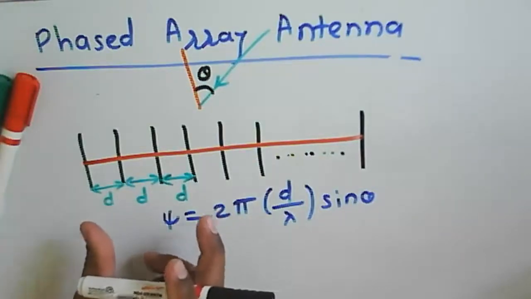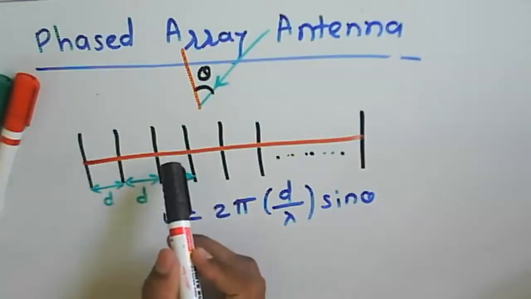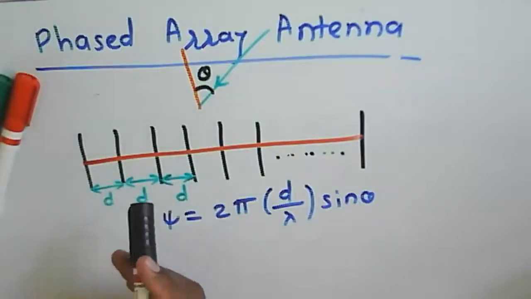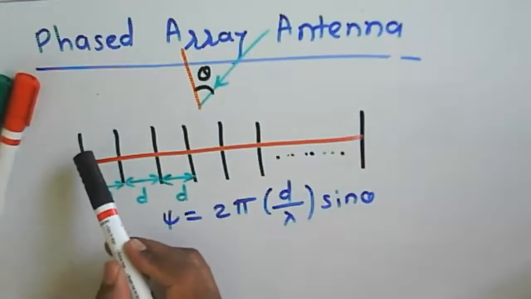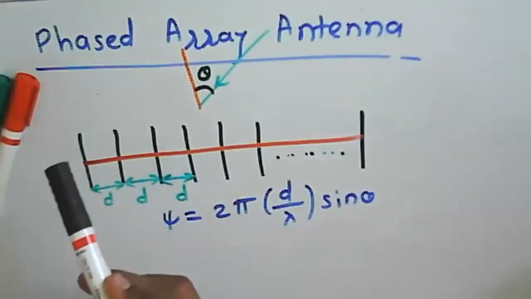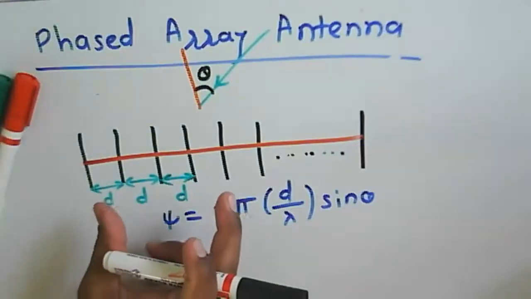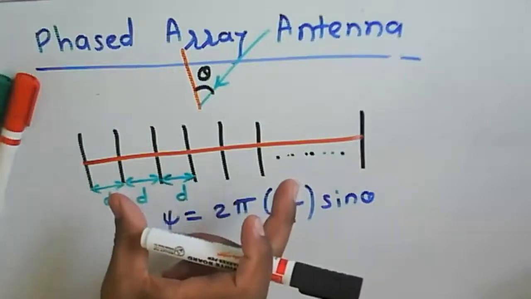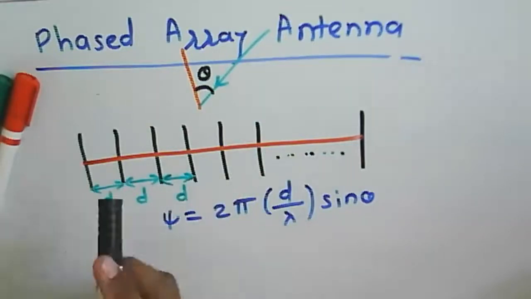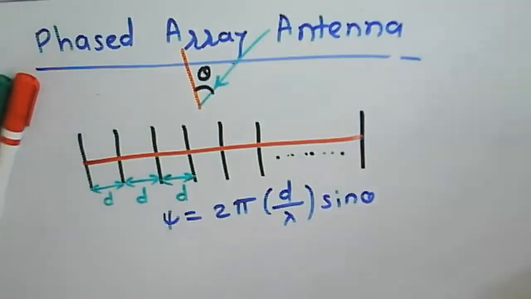In this case, we consider that to each and every element we are applying a constant amplitude. And for our convenience, we consider the amplitude applied to each element to be 1. So if we write the total voltage applied, in that case we say that